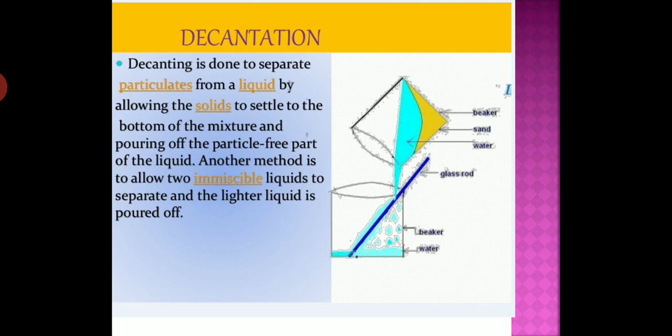Understand? What will we do? Take a mixture of liquid and insoluble solid and add it in a beaker. What will happen? After some time the solid particles settle down at the bottom, and this process is called sedimentation. And the solid which settles down at the bottom is called sediment. So student, dirt particles present in muddy water can be separated by sedimentation.